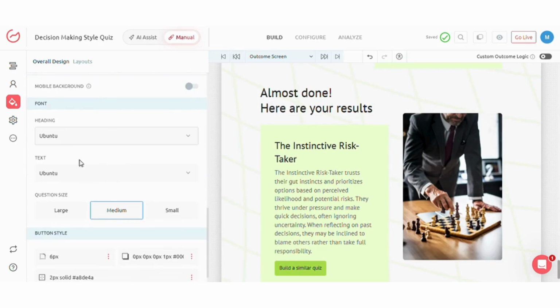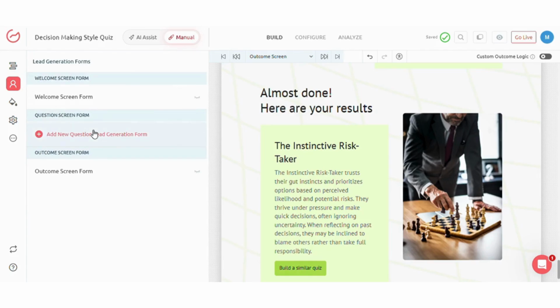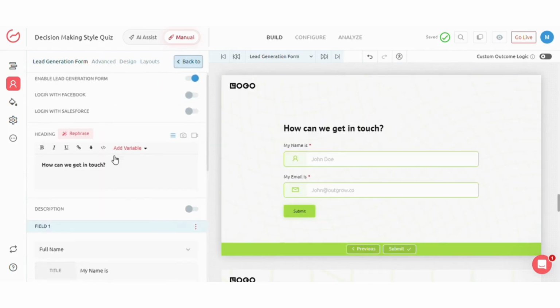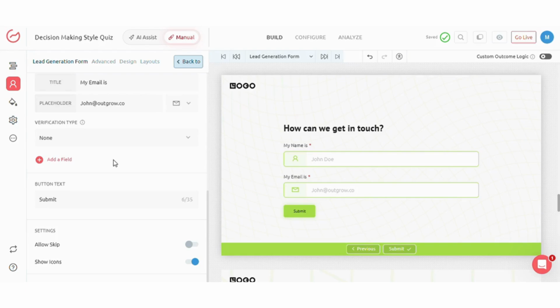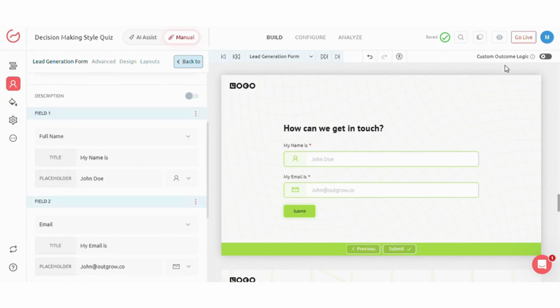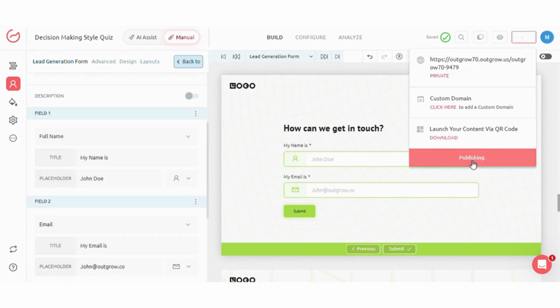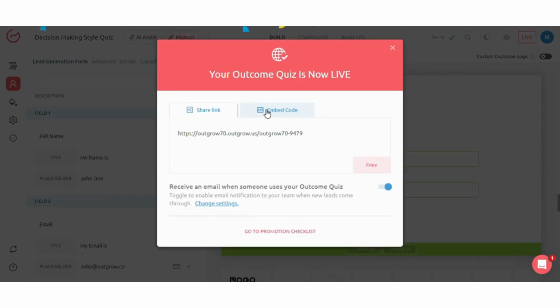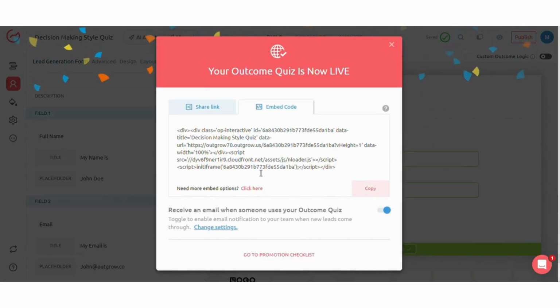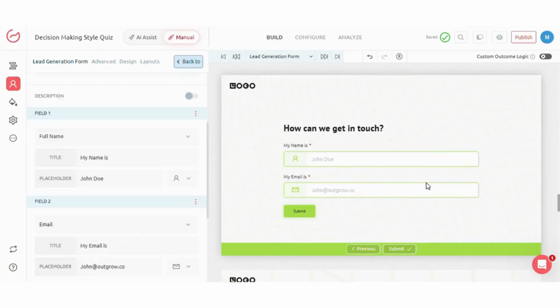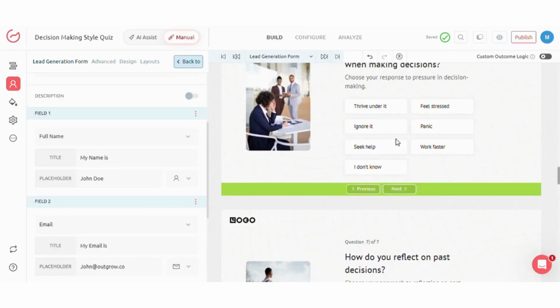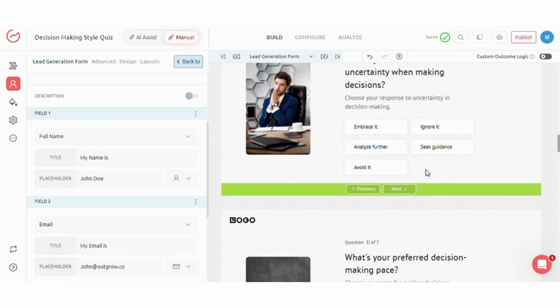You can also add a lead generation form to collect users' names and email addresses before revealing their personalized decision-making style. Once everything looks perfect, click Go Live. You can share the quiz using a direct link or embed it directly on your website. And that's how you can turn a decision-making assessment, like Kent State University's quiz, into an engaging and personalized experience